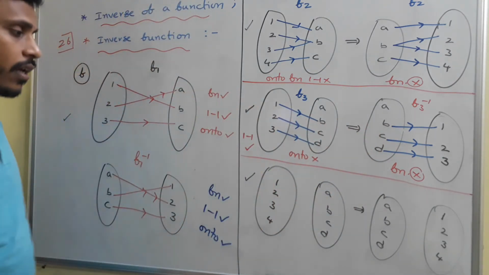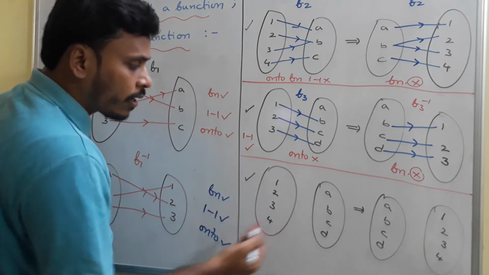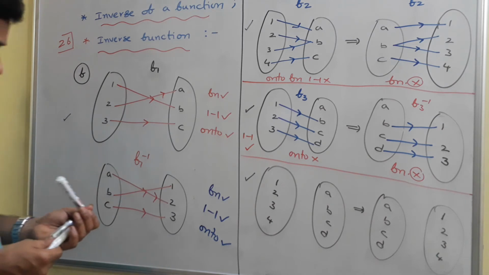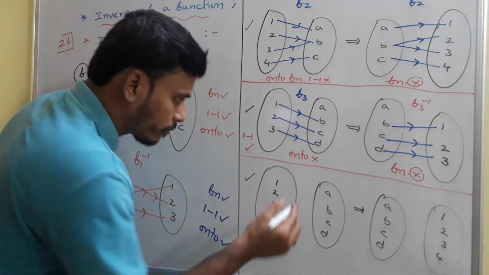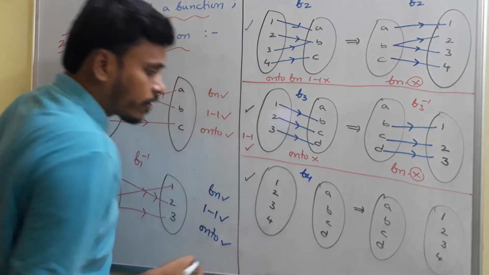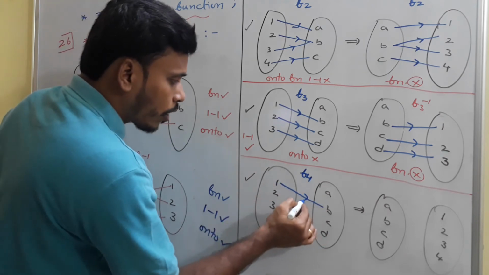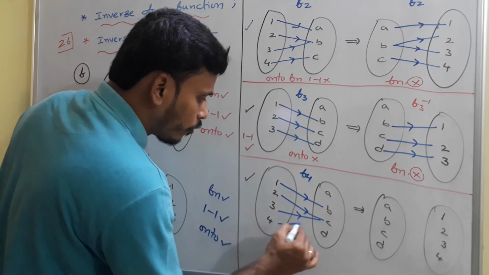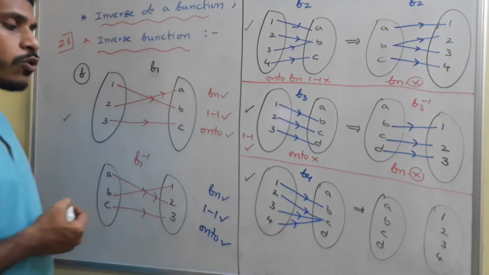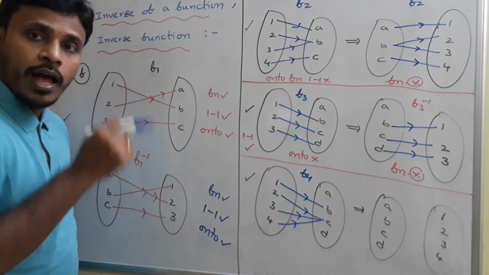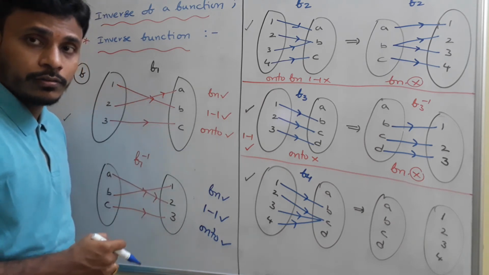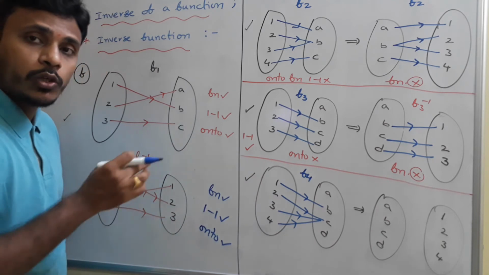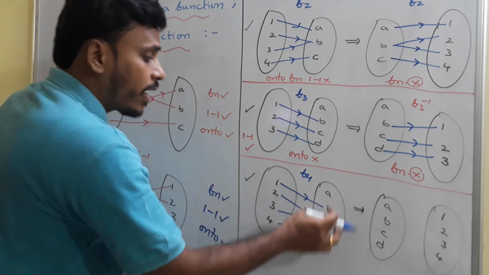And in the last case I have a function. I will relate it. So f4, the fourth function. f4 is a function. You just connect 1 to b, 2 to c, 3 to c, 4 to c. What do you say about it? Is it a function or not? Sure, it is a function. Is it 1-1? No, because different elements have the same image. What do you say about onto? No, because a and d are empty here.